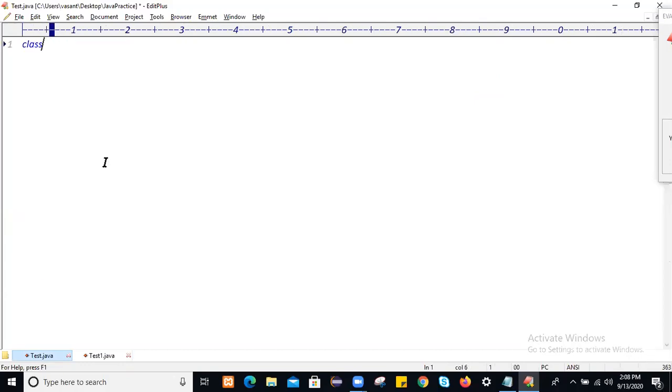So let me create one class. Here let's create a class with the name Test. Let's create one method, simply test method. If you create any reference variable within test method or within other method like main method also, you know, your execution will always start at main method. So the main method always accepts an argument of string array type. So like this, main method.